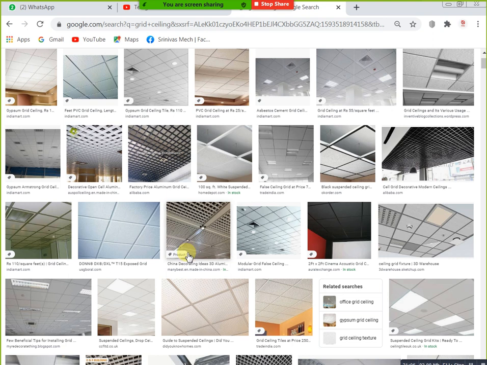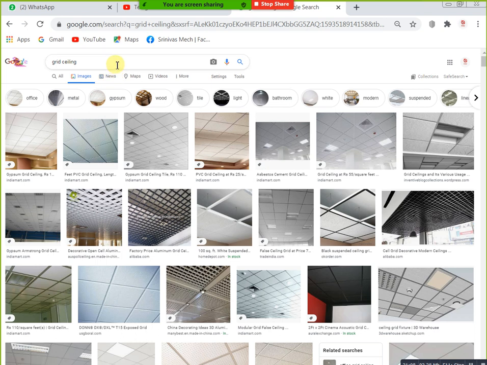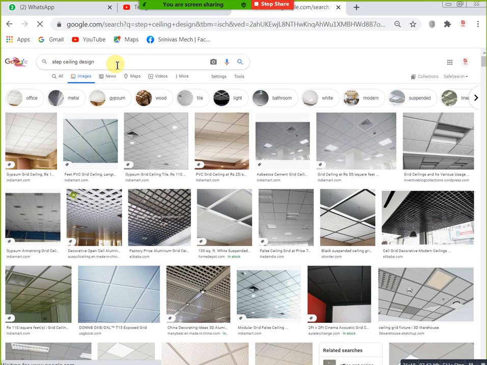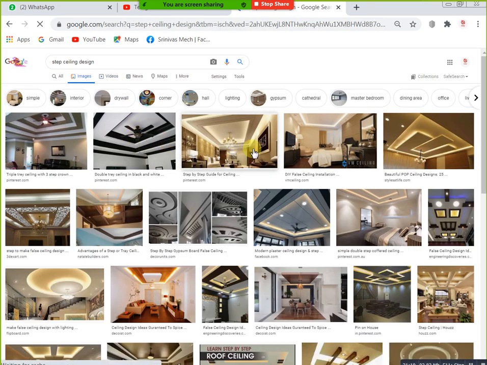In the step ceilings condition, for air transfer purposes we need to use grills. Okay, supply air grill, return air grills, we are using grills in the steps condition.